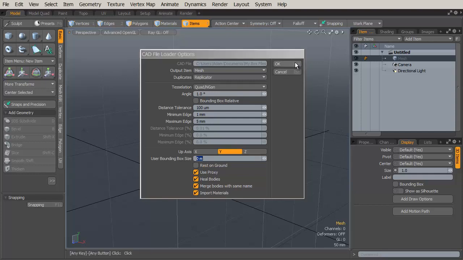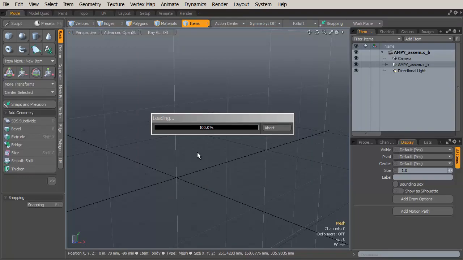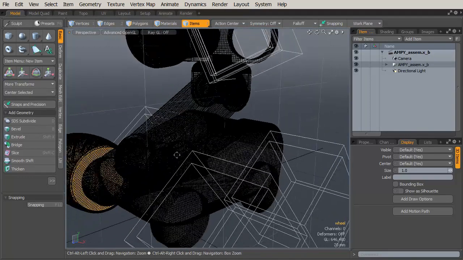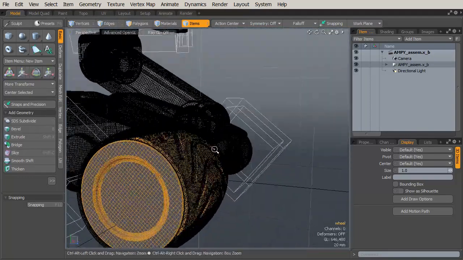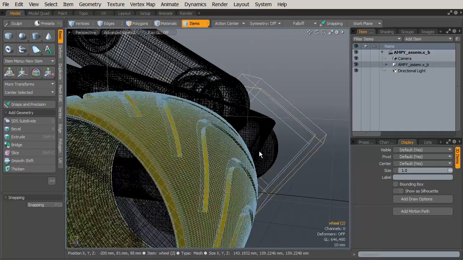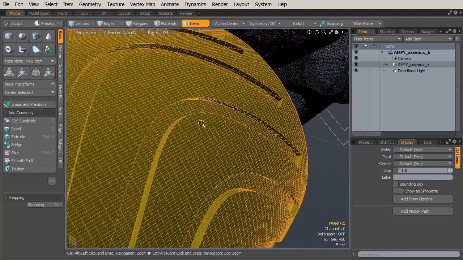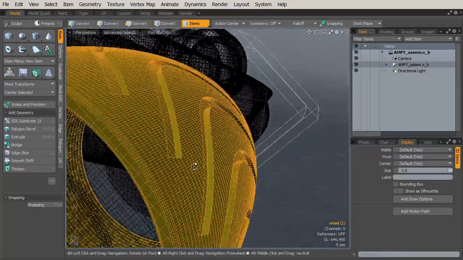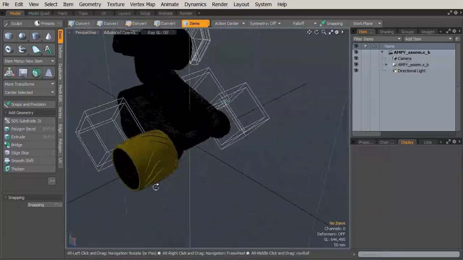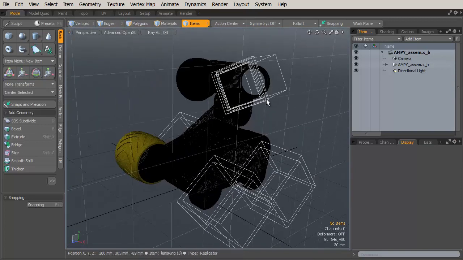And then hit OK. It's going to convert all of those pieces using its Parasolid kernel into mesh items. And then you can see them all here. And they're all really nice, clean meshes. You can see this is not a triangulated mesh. This is all nice, clean quad meshes. And it's even been intelligent and put in instances in areas, or I should say replicators, wherever it's got duplicate